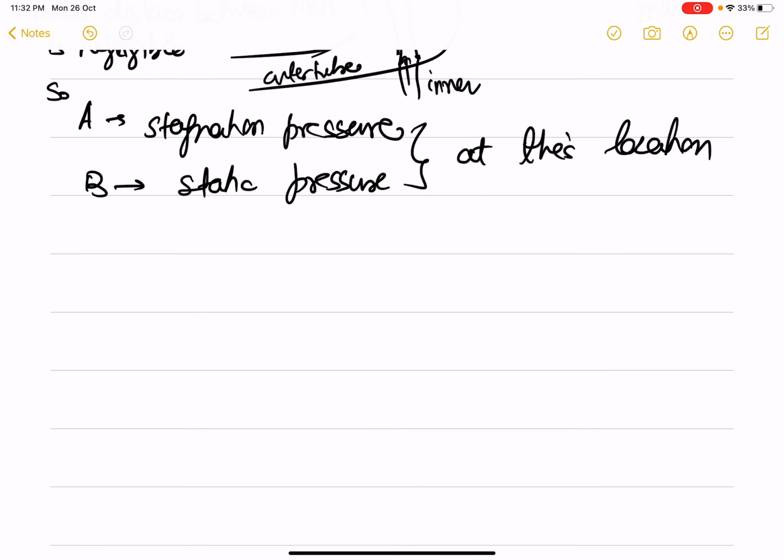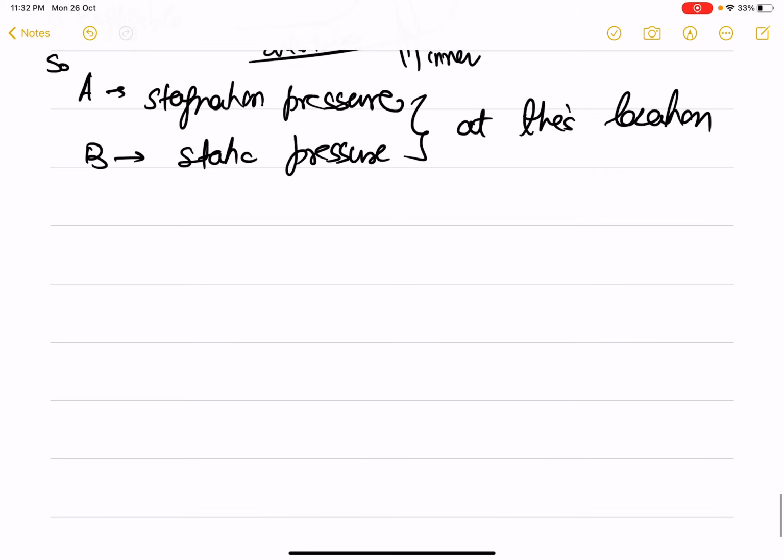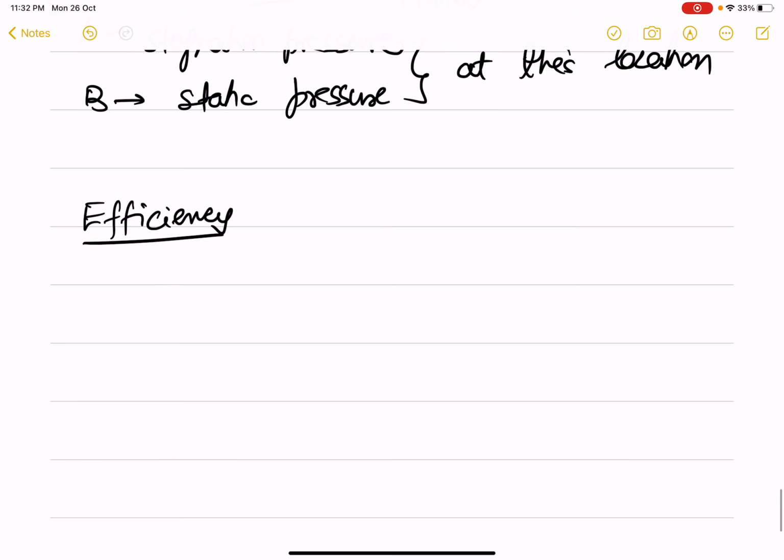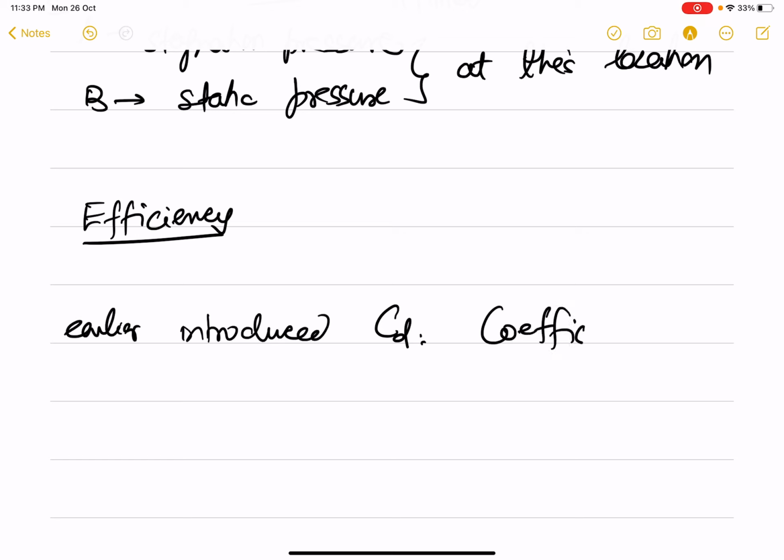A couple more terms before I move on to the next topic, and this is again an engineering term: efficiency. We are introducing many engineering terms. If you recall, we have earlier introduced CD. This was the coefficient of discharge,